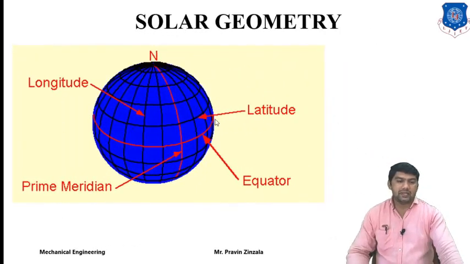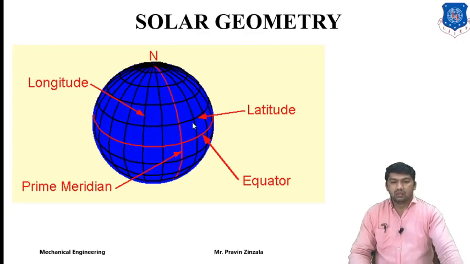For a specific location, scientists have divided the Earth into two parts. First, the horizontal plane at the center is called the equator. When we cut the Earth with a vertical plane, it is called the prime meridian. So with respect to the equator and meridian, we can specify the location on Earth.